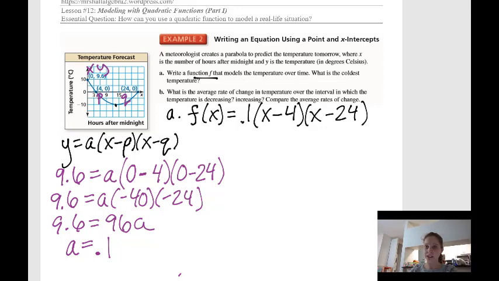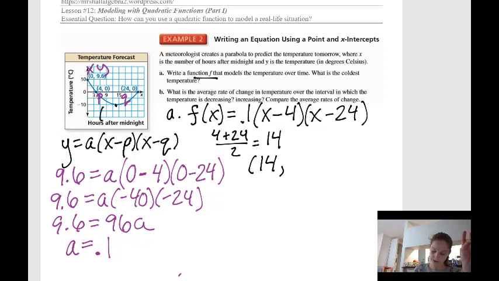And I find the vertex for a parabola in intercept form by adding the p and q value, 4 plus 24, and dividing by 2, which is 38 divided by 2 is 19. What am I doing wrong here? Right. Oh, that's 28 divided by 2, which is 14. That's what I was doing wrong. Okay, so that is the x value